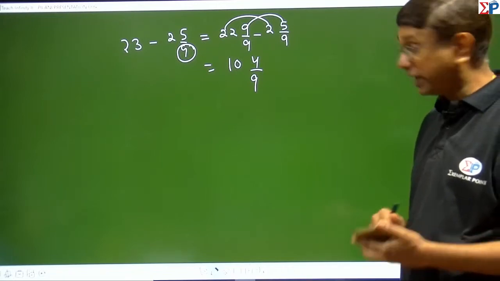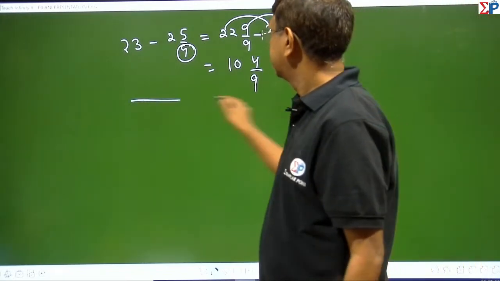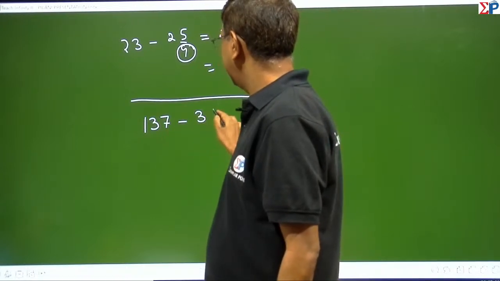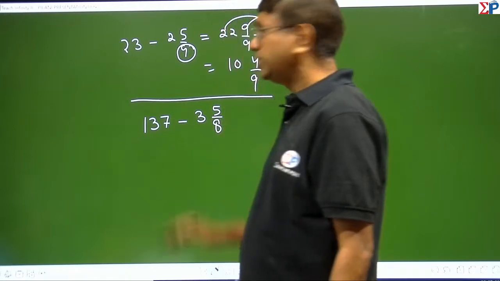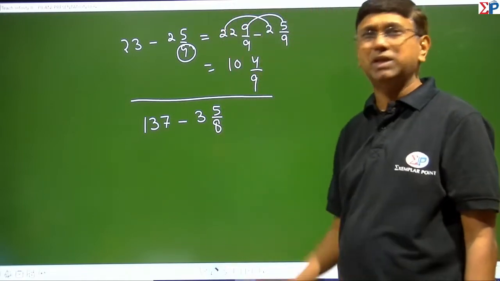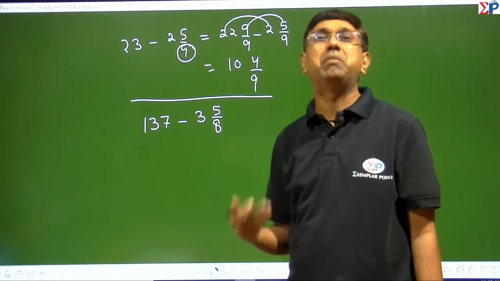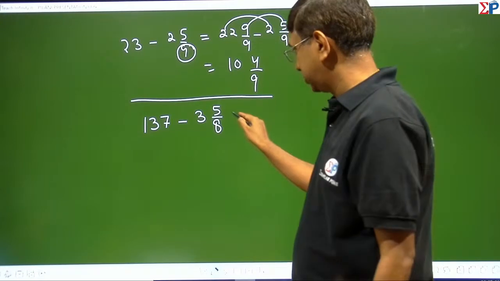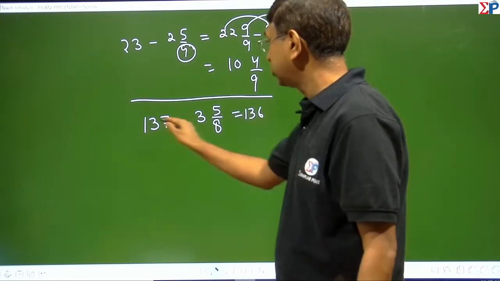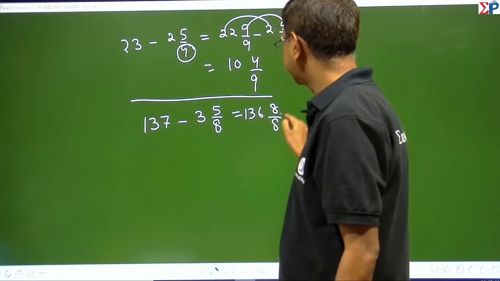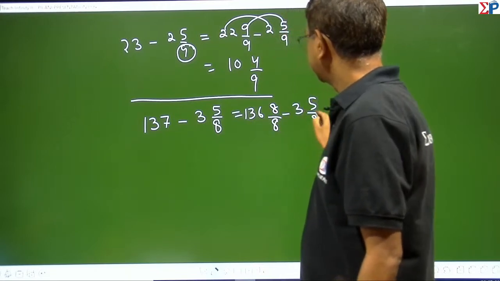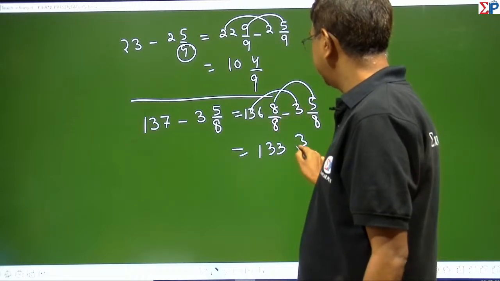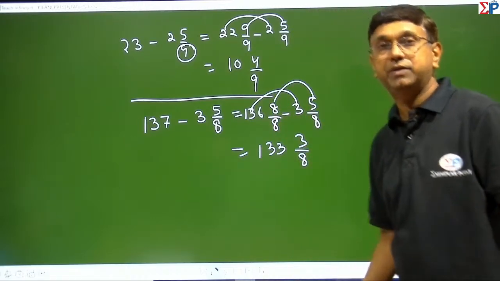आंसर गाइज, आर यू गेटिंग इट। So 137 minus 3 5/8। अब इसको नॉर्मल मेथड से करने जाएंगे बहुत टाइम लगता है, कॉम्पिटिटिव एग्जाम्स में इतना टाइम थोड़ी देते हैं। बैंक, पीओ, एसएससी, एनटीएससी कहीं भी ये क्वेश्चन आएगा दे विल नॉट गिव दिस मच टाइम। 136 कर दो 8/8, 136 minus 3 133, 8 minus 5 10, 133 3/8।